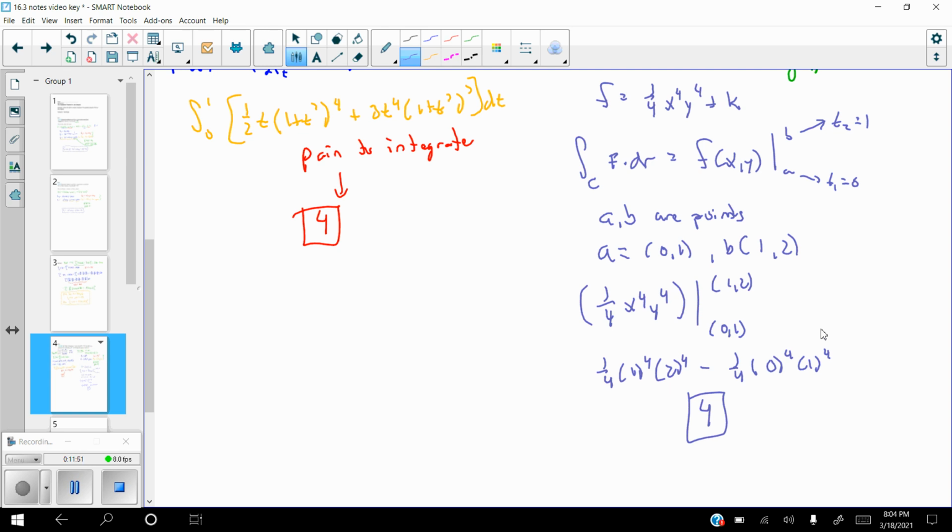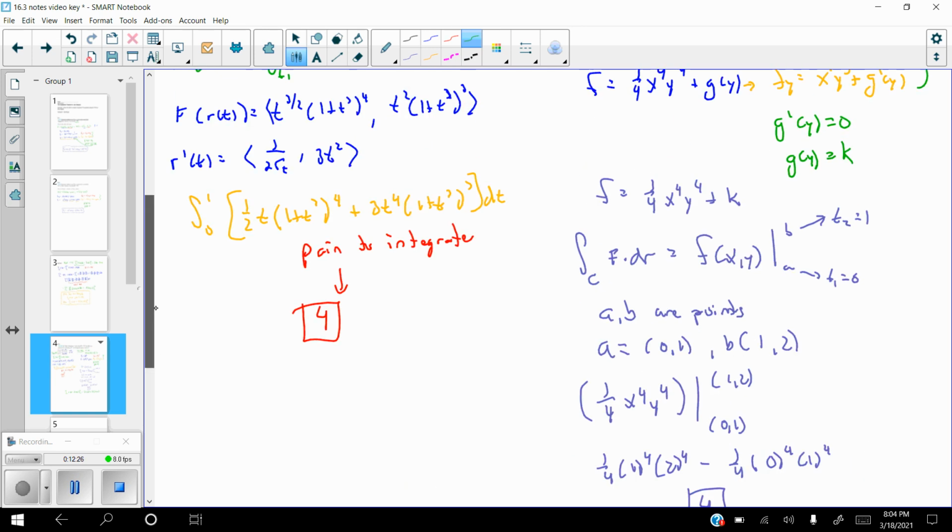So, again, what does that mean? It means that your line integral over C of f dot dr is the antiderivative, or the original function f, evaluated from a to b, which is exactly the same thing as f of, I'm going to write this a little weird, r of b minus f of r of a,